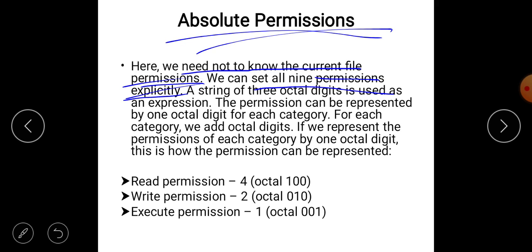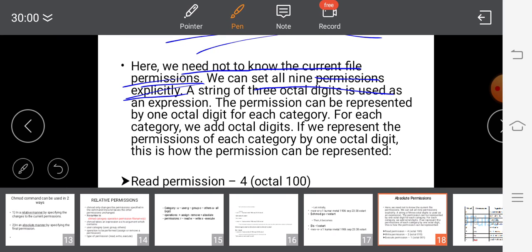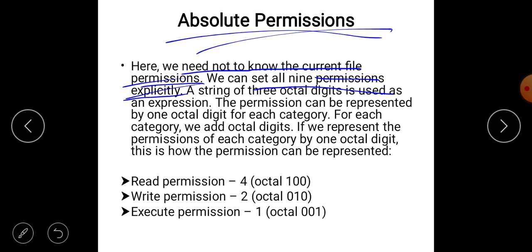A string of 3 octal digits is used as an expression. The permission for each category can be represented by 1 octal digit, using an octal number like 1, 2, 3, 4, 5, 6, 7.